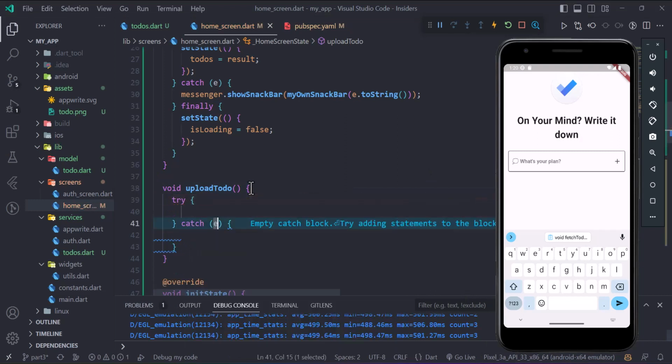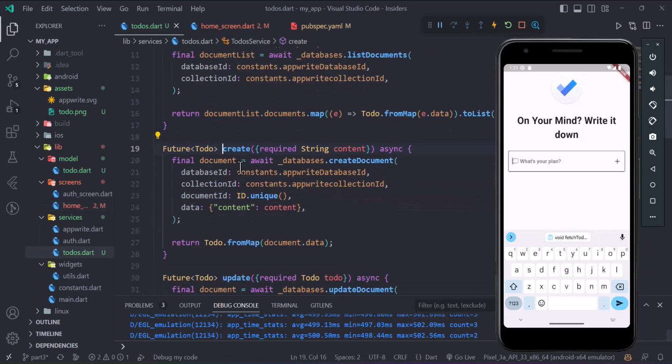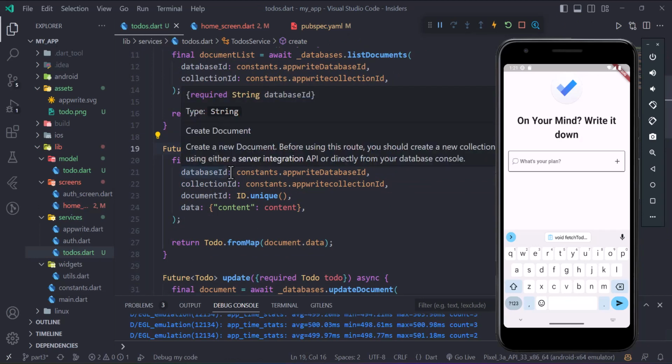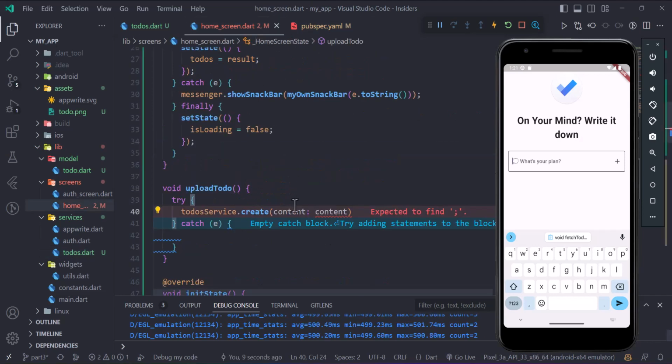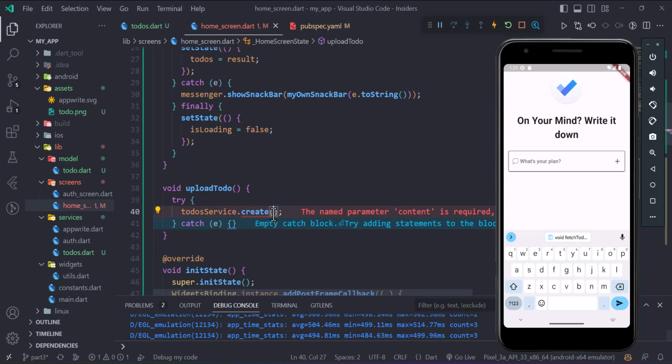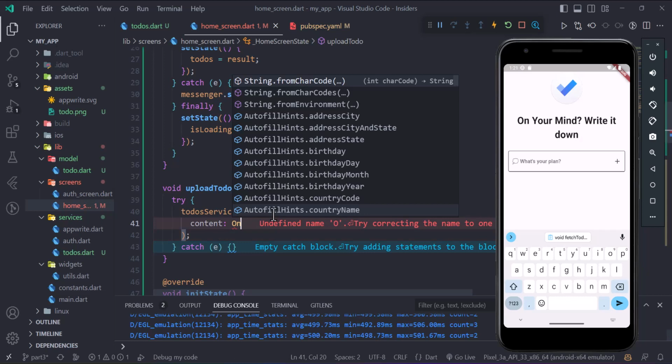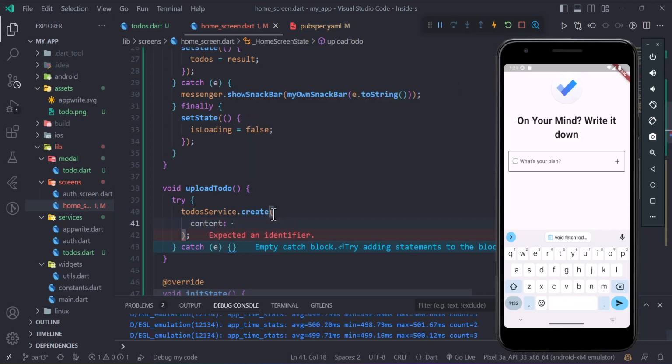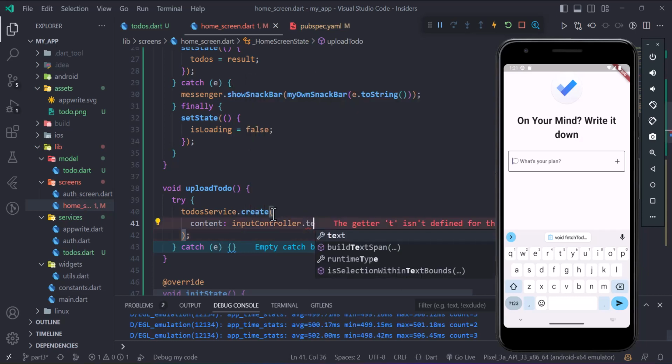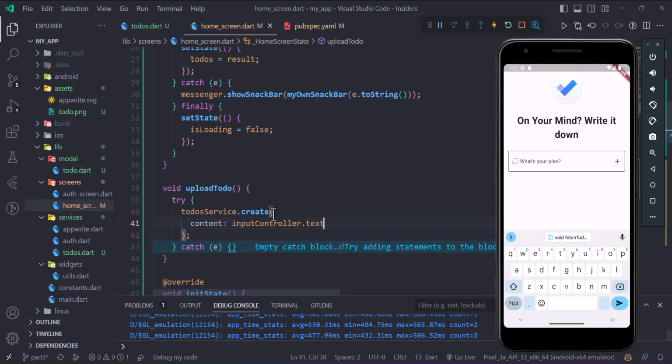Let's create a try and catch block. Use your to-do services dot create. As you know, we have defined a create function which would just take the content and upload the document into a database. Okay, so it requires some content. We'll be passing everything it needs. So the content would be simply the input controller's text. So let's just type input controller dot text,